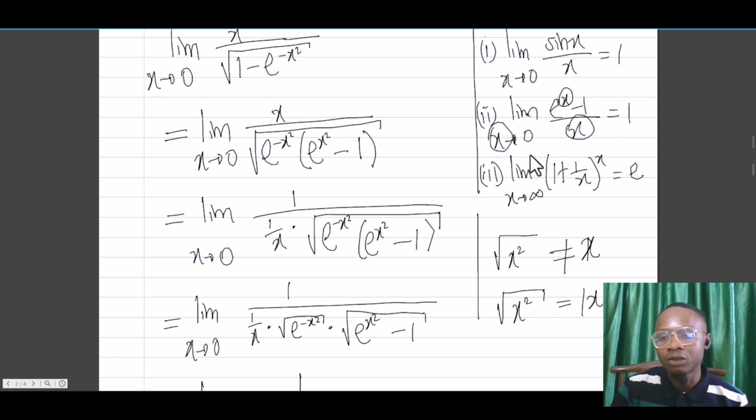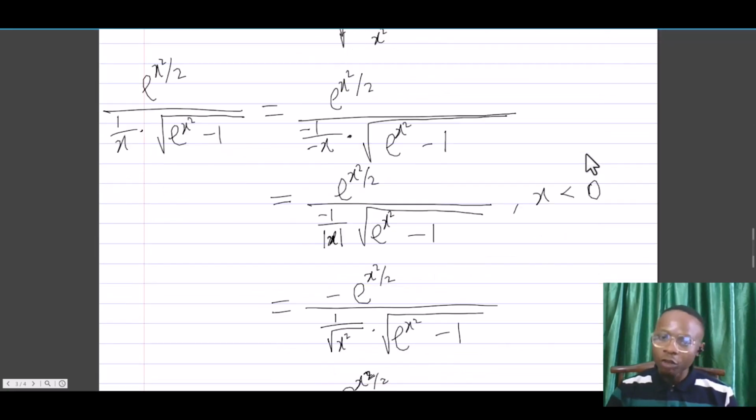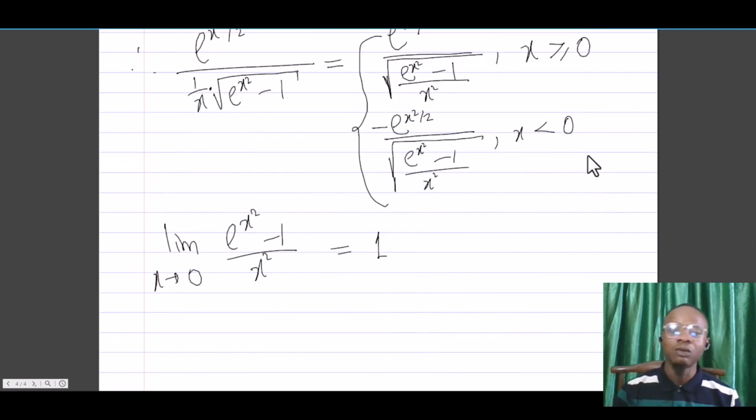So that should give us 1. And if we are not completely sure that it is going to give 1, no matter whether it's from above or from below, you can also solve this separately. If you substitute here, this is going to be e raised to the power 0, which is 1, minus 1, 0 over 0. And if you apply L'Hopital's rule, the derivative of e to the power x squared